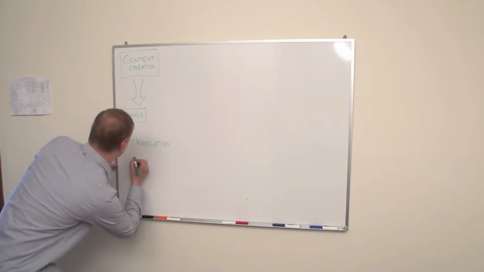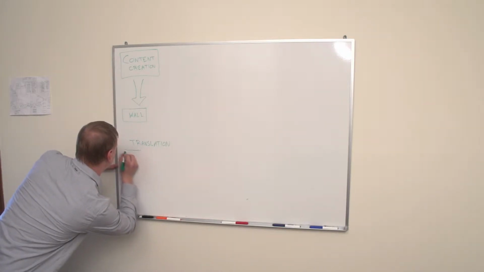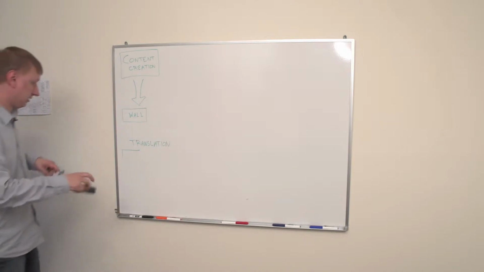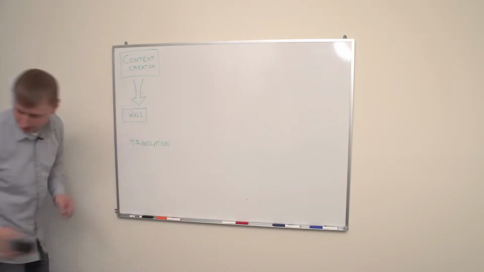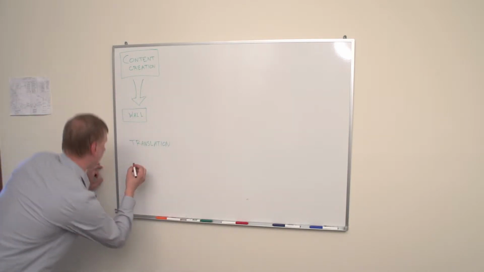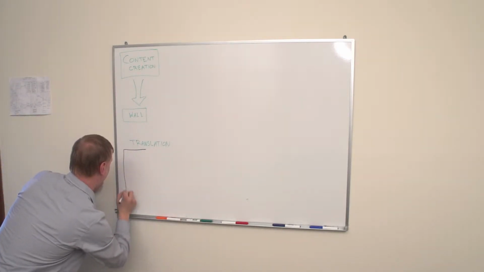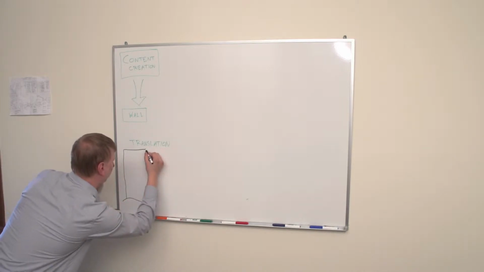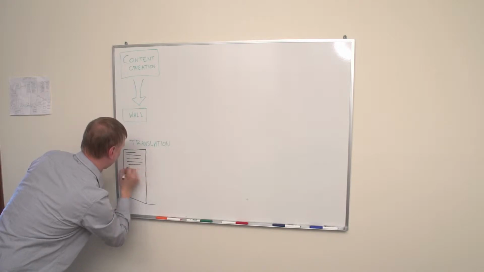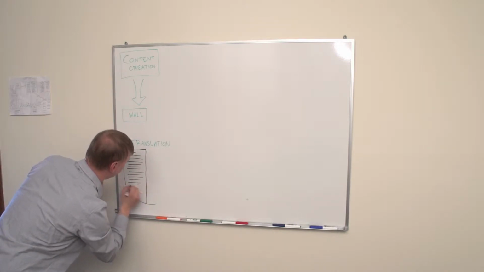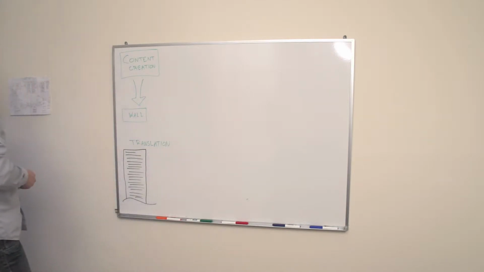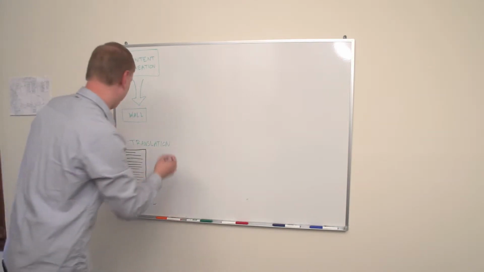And so this list, let me change colors here. Just to give you an idea, this list is thousands and thousands of lines long. So next we move on to